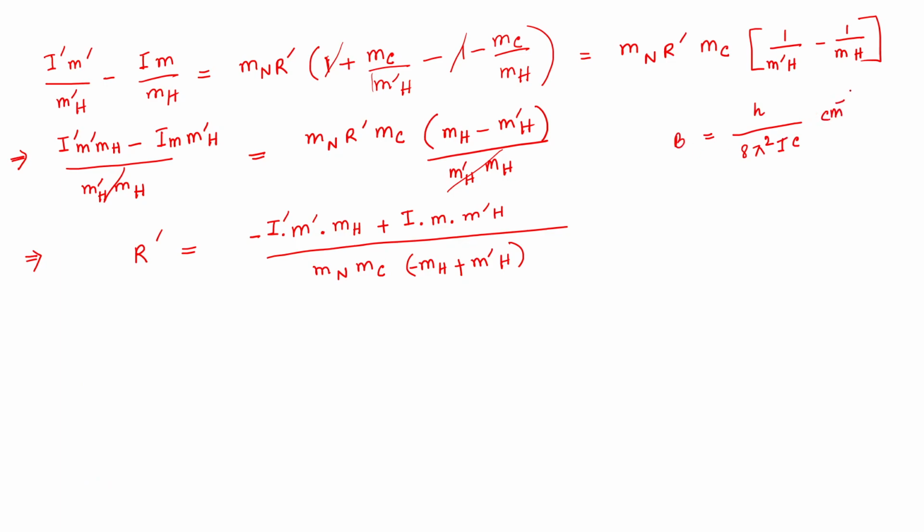This is centimeter inverse. Okay. So if you multiply with c, then it becomes 8 pi square I c centimeter inverse, but c unit is in, now suppose, 3 into 10 to the power 10 centimeter second inverse. So maybe I'll erase it from here. See, now the unit has become